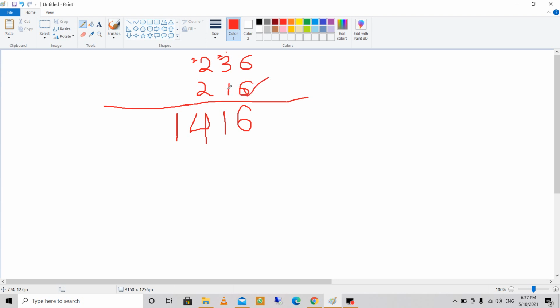Now we will move on to the second number over here. Put a 0 over here because now we are dealing with the tens part. So 1 6 is 6, and 6 over here. 1 3 is 3, and then we have 1 multiplied by 2 is equal to 2.